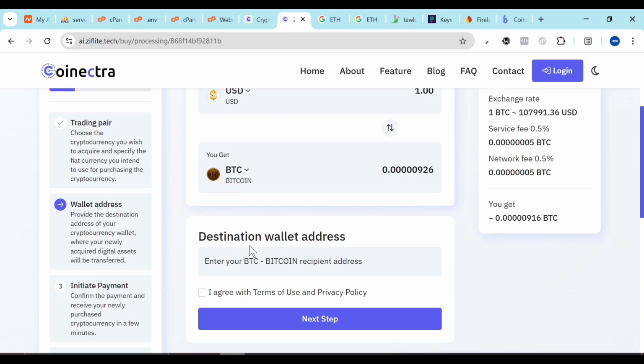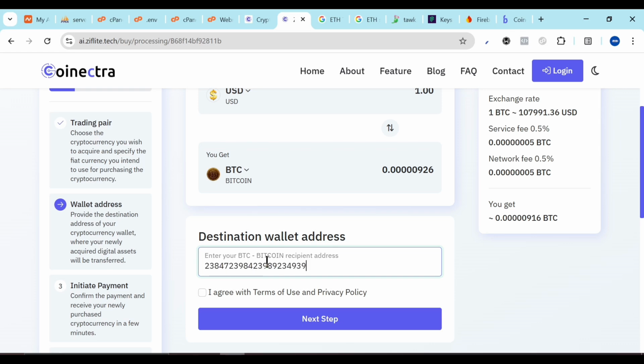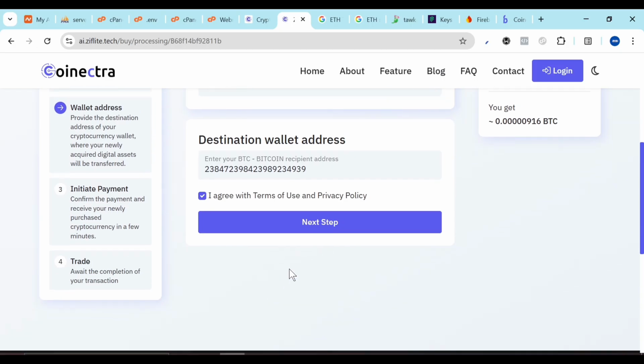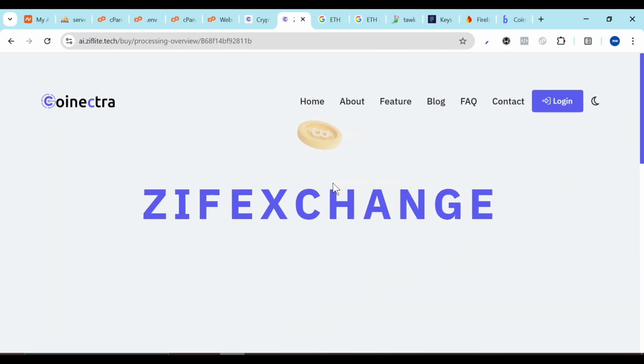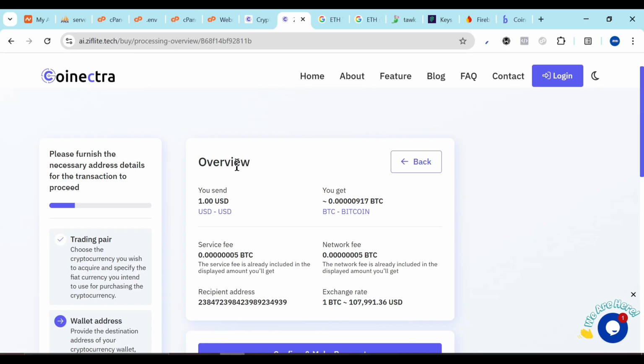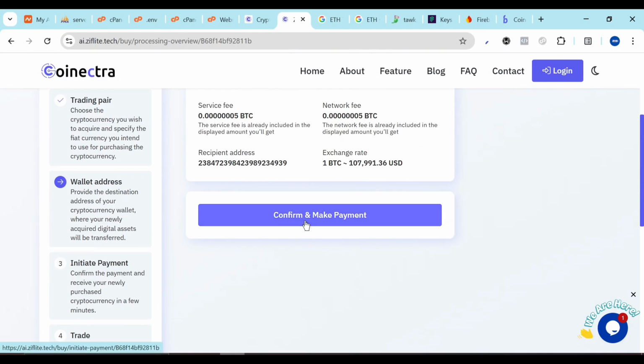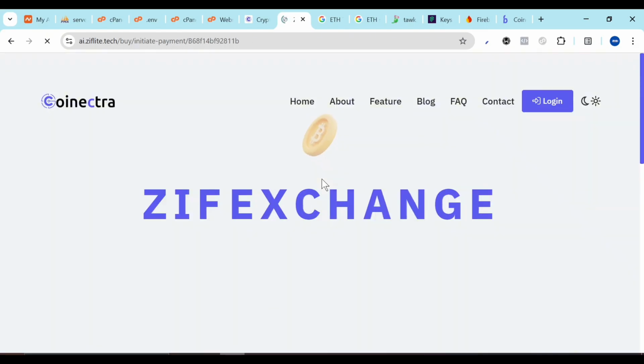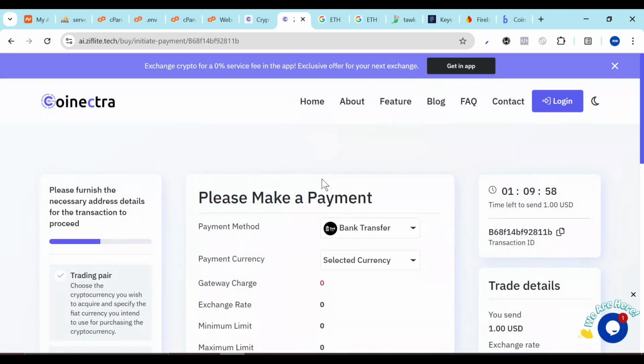Now, the next thing is, because they are buying BTC, they have to put their wallet address so that you, the owner, can actually send it to that address. Then they'll have to agree to your terms and conditions and click on the next step. Now, the script was basically thought out very well so that everything works smoothly. So they have the overview to actually look at everything: the service fee, network fee, the recipient address, the exchange address. Now, what you want to do is click on confirm payment here. So once they've made that payment to your address,